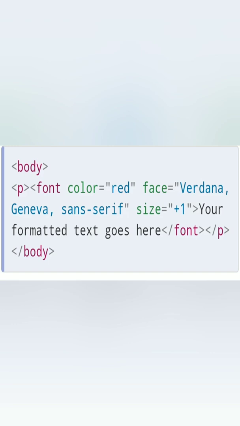The face means pattern is Verdana, Geneva, sans serif, different types of patterns are there. And in size we write 1, means the size is 1 here. You formatted text goes here. The formatted text goes here, color in red, the pattern in Verdana and size in 1 format. I will show you the output here.